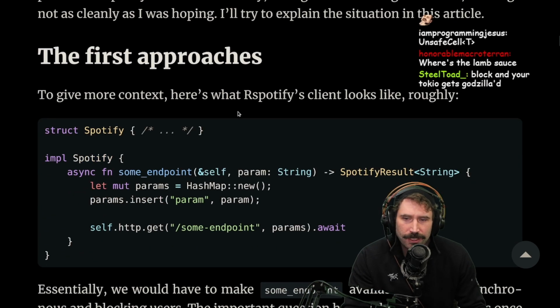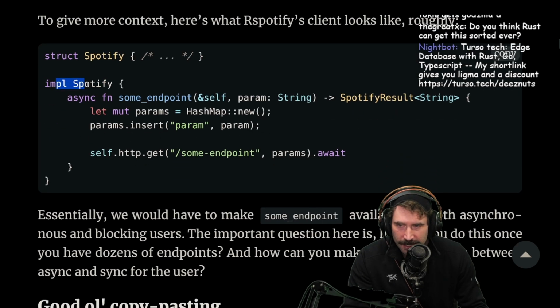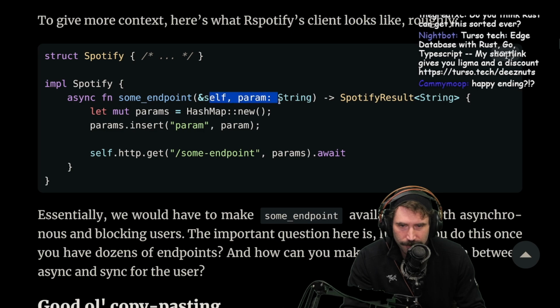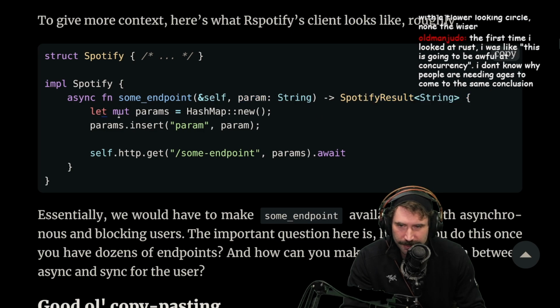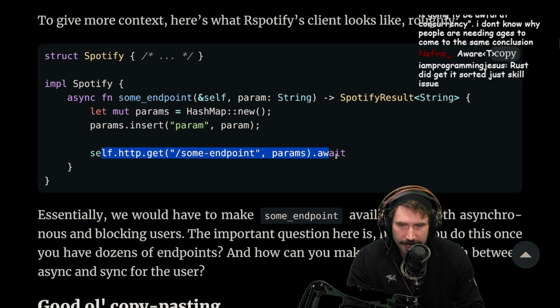To give more context, here's what our Spotify clients look like, roughly. impl Spotify { async fn some_endpoint(&self, param: &str) -> ClientResult<String> { let mut params = HashMap::new(); params.insert("param", param); self.get("some/endpoint", &params).await